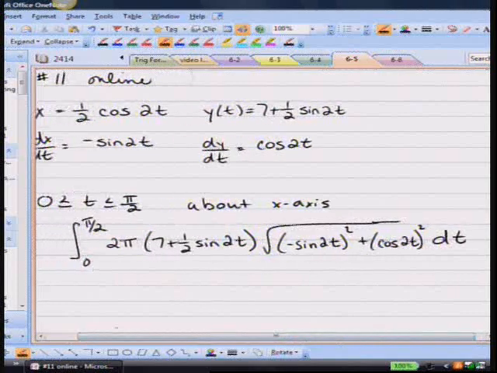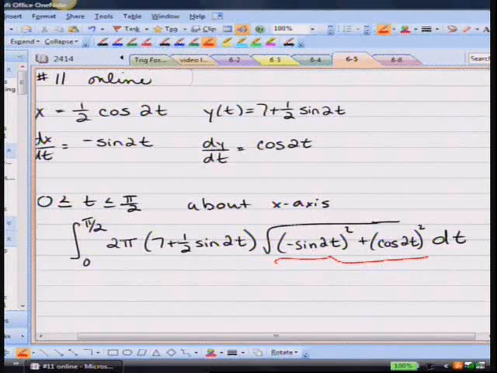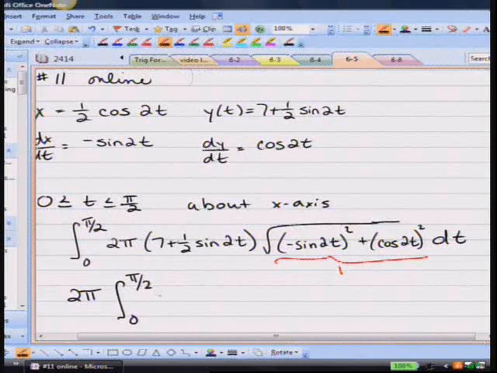Okay, the real beauty here is that this simplifies to 1, because this is like sine squared a plus cosine squared a, which is just 1, and the square root of 1 is 1. So we don't have to worry about that. We're going to have our 2 pi in front. It is going to be the integral from 0 to pi over 2, and that's 7 plus 1 over 2 sine 2t dt,